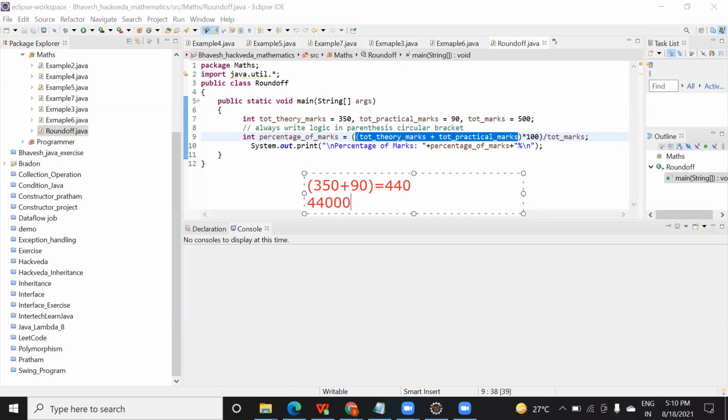Now when you divide, the complete parenthesis will be removed, and then 4400 divided by 35 will be your actual result. Am I clear?